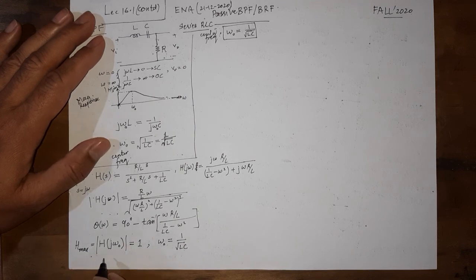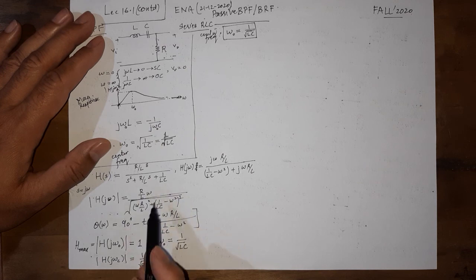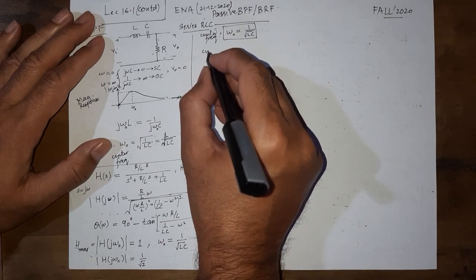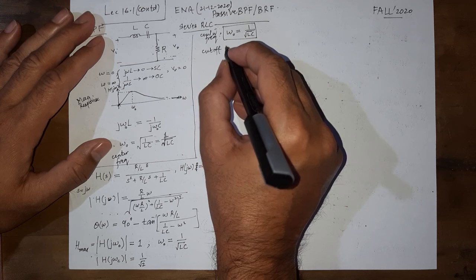And then by using this definition, that the magnitude of H(jωc) will be equal to the maximum value of H max, which is this thing, you can solve and find that there would be two values of omega c, as already expected. Why? Because we are going to get a quadratic equation to deal with, and then we will come across two values of cutoff frequencies, two expressions for cutoff frequencies.